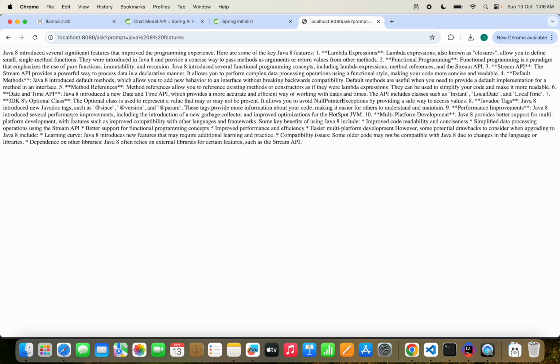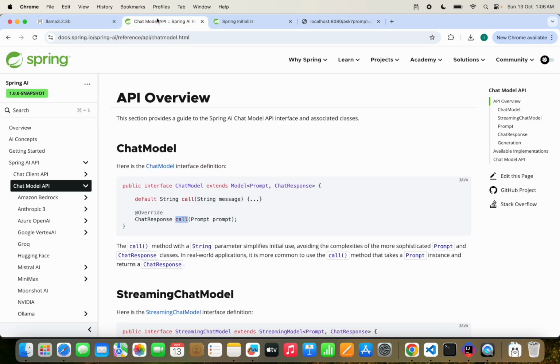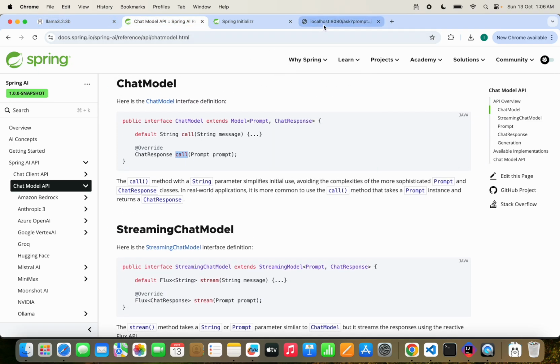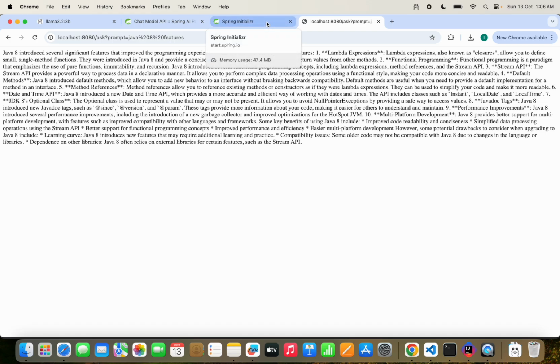So that's a straightforward thing with the chat model API, we just have to use this call method. There are many other things that we are definitely going to see in the next lectures, but this is all about the simple basic integration, how you can run an Ollama model locally with Spring. You don't need ChatGPT or anything else. If you don't want to have token-related issues or spend money on ChatGPT, and you want to try out something, you can download a model from Ollama